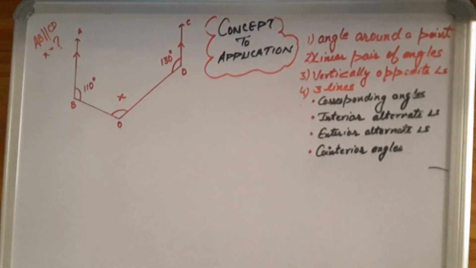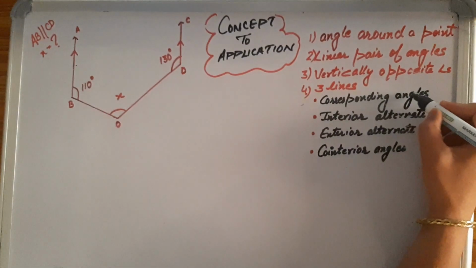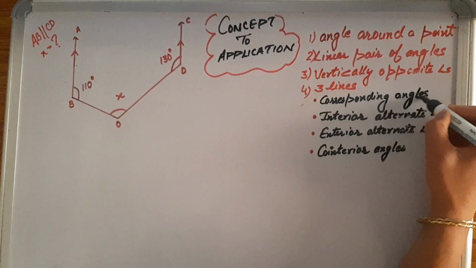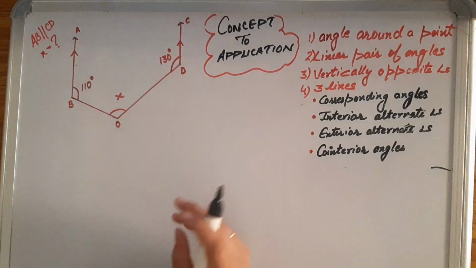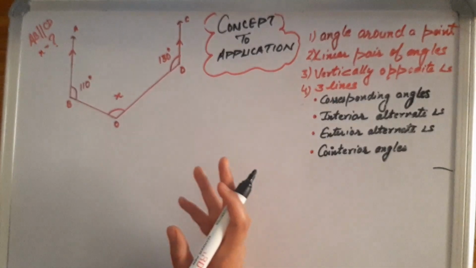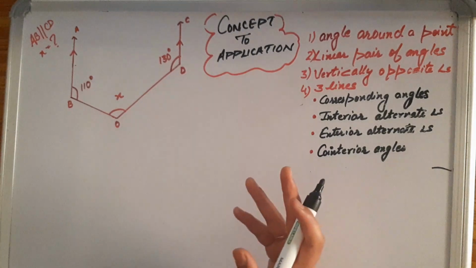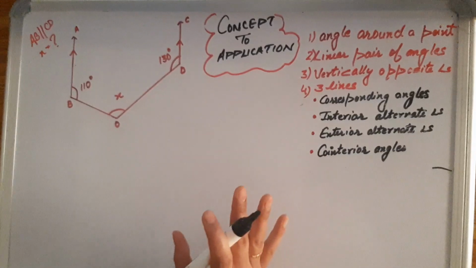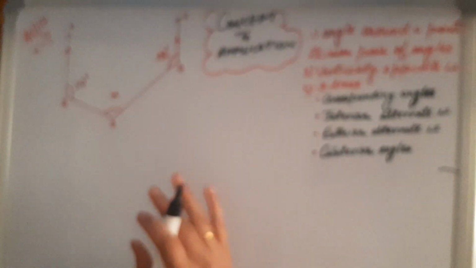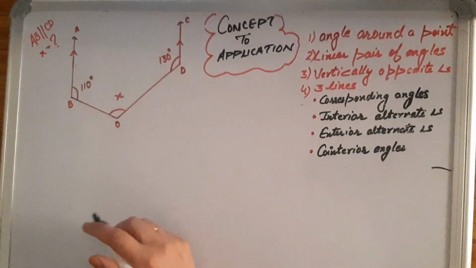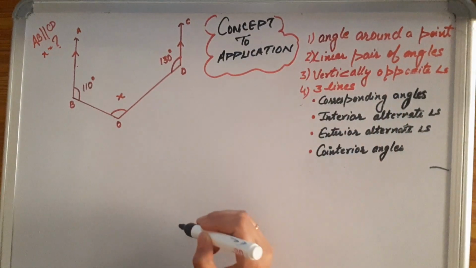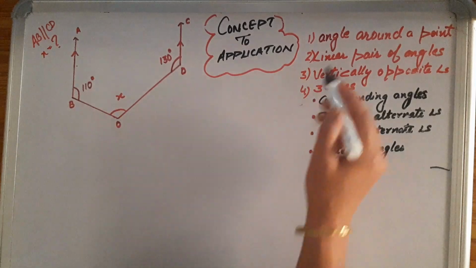Because in geometry you'll be able to use the concepts only if they are present in your mind. If they are not there, you won't feel confident and motivated, and it would be almost impossible to sort them out. And not only through their names, you should have visuals for them. Just like for angles around a point, you should have a visual.